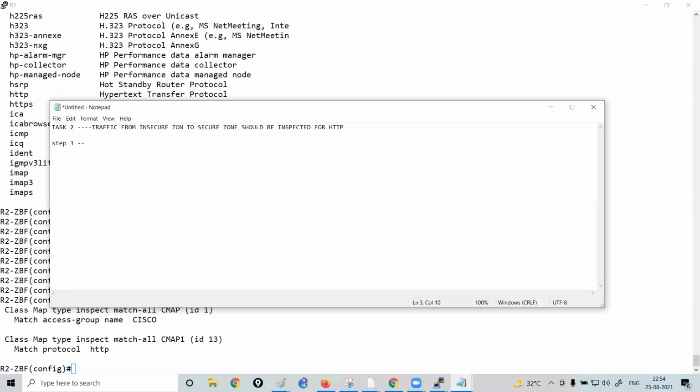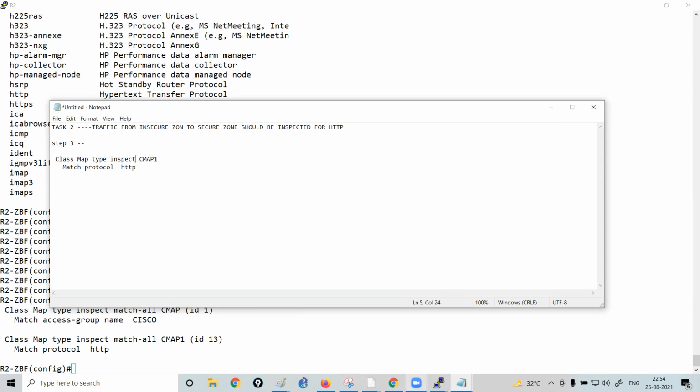Step 3. Why this keyword match all is there? I will talk about this in the tomorrow's class, but not today.